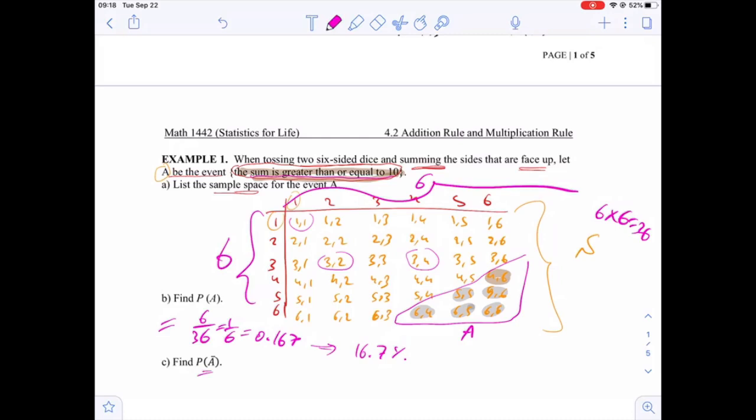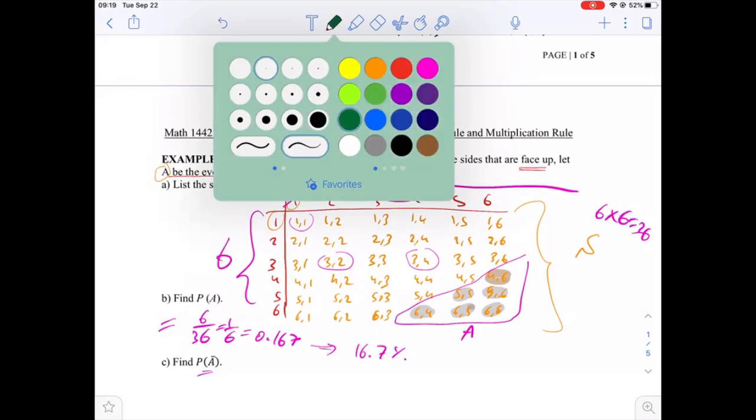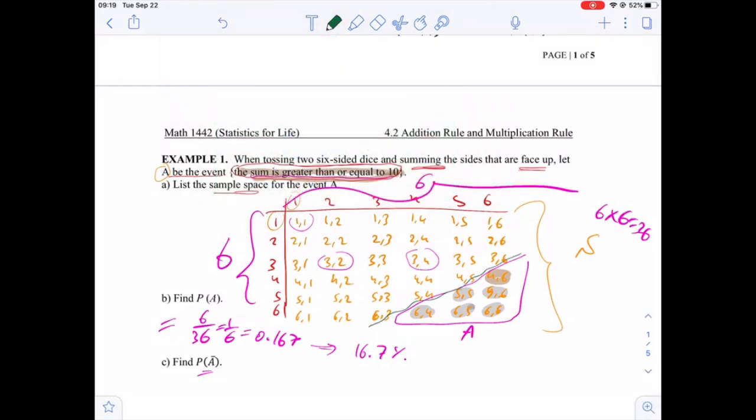Now, what is the probability of A complement? In order to determine A complement, everything here is the complement of A. If you don't want to count all these numbers and divide by the total number, you can apply the rule